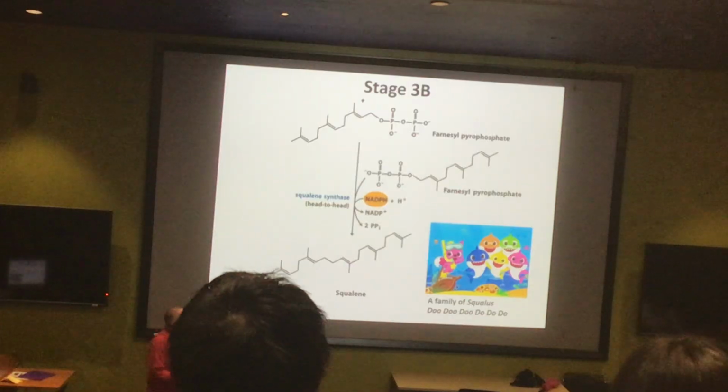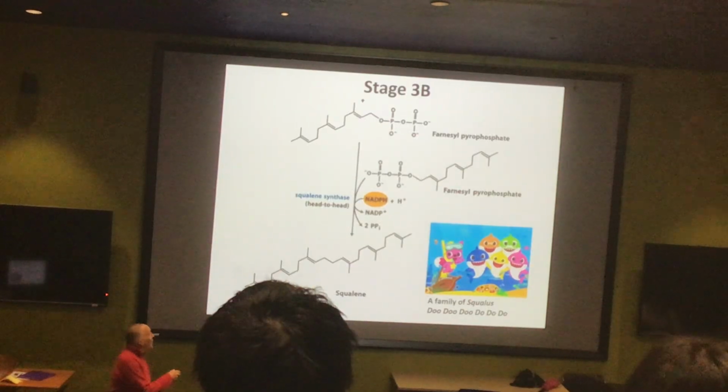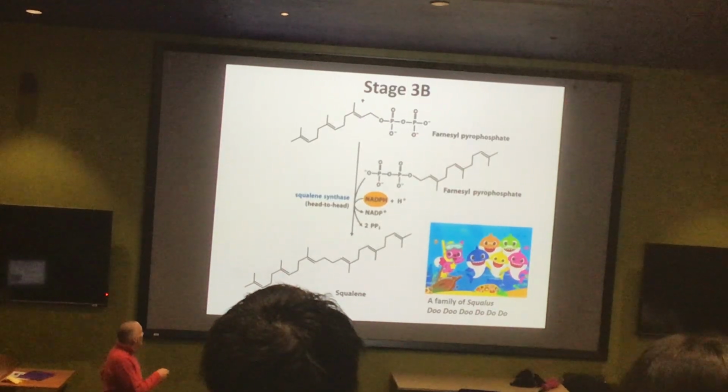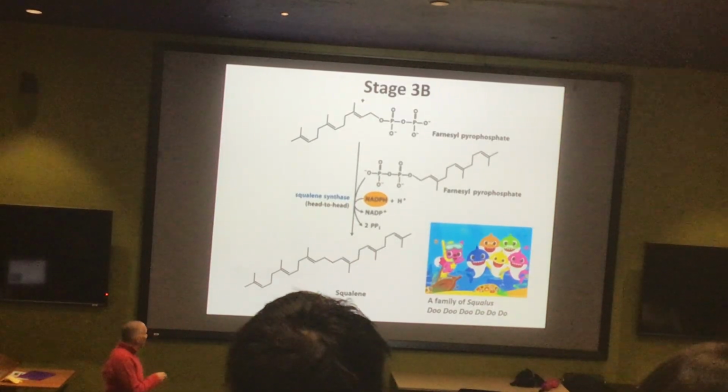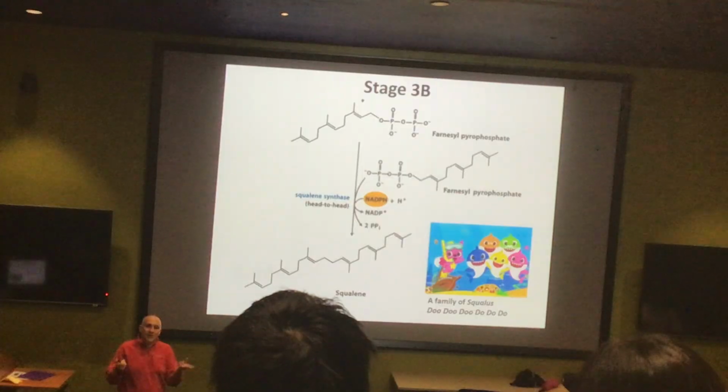Our real goal here, of course, is to try to get ourselves to cholesterol. We make a pair of these farnesyl pyrophosphates. We do our head-to-head. This is going to give us this molecule squalene, which is found a lot in